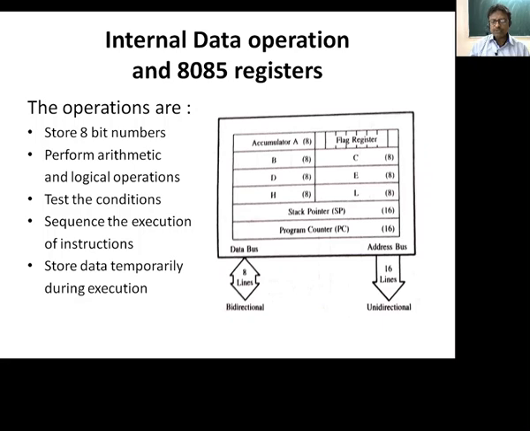The next time, it has to execute the next instruction, which is written just after that. So it is the program counter which increments itself by 1, so that the next address will be given to the address bus and sent to the memory, and the processor will send the memory read signal, and from that the data will be loaded on the data bus. So the program counter is a kind of memory pointer which actually makes the sequence of the execution of the instructions.